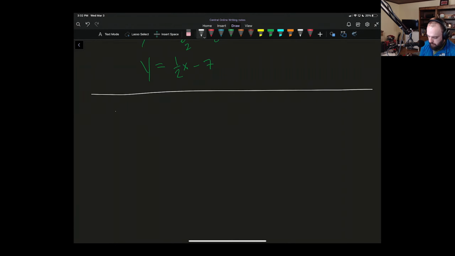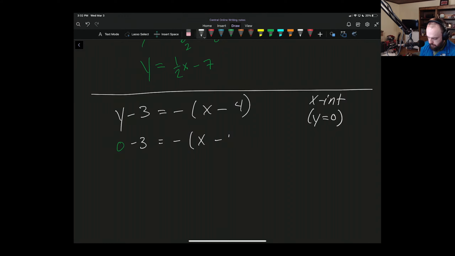So we got y minus 3 equals negative x minus 4. Right, we're trying to find the x-intercept. So we're going to be plugging in a 0 for y. Let's go ahead and do this, right? So this is going to be 0 minus 3 equals negative x minus 4. Right, that's all I did. I just switched my y for 0. Right, so if we do this, we're going to get negative 3 equals